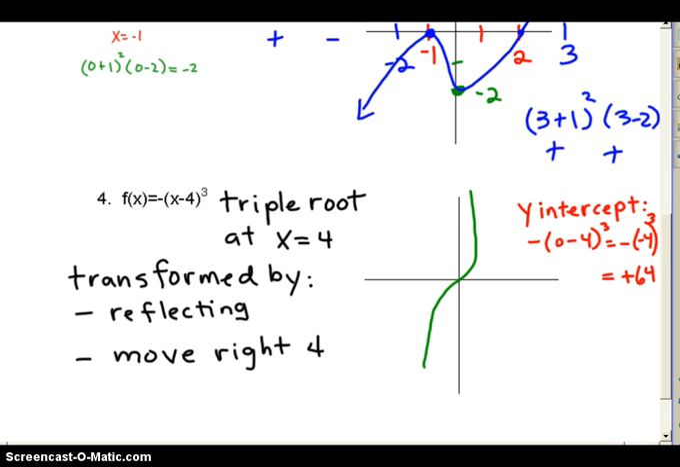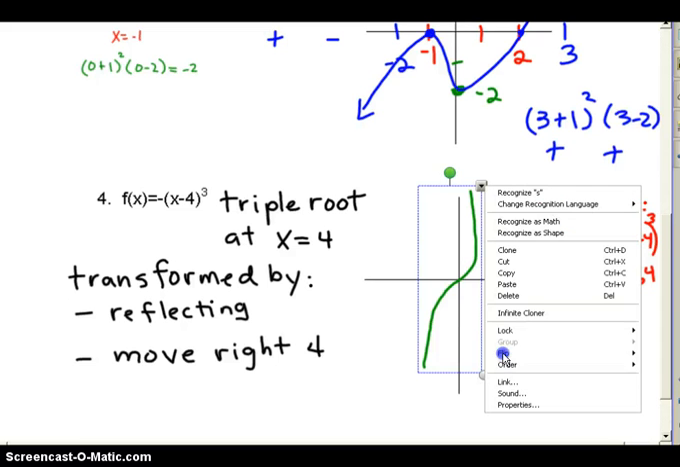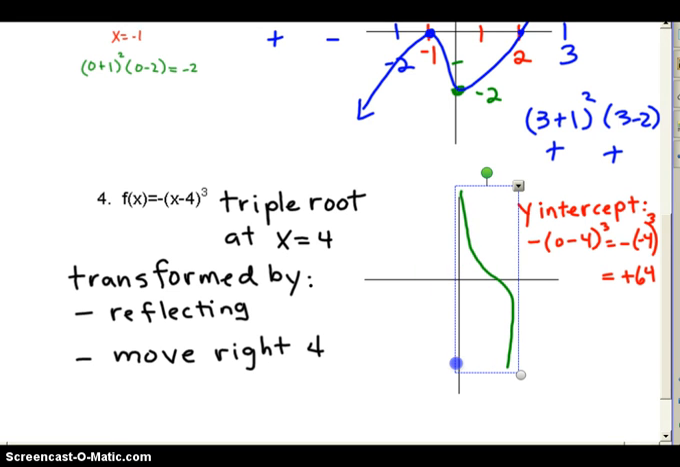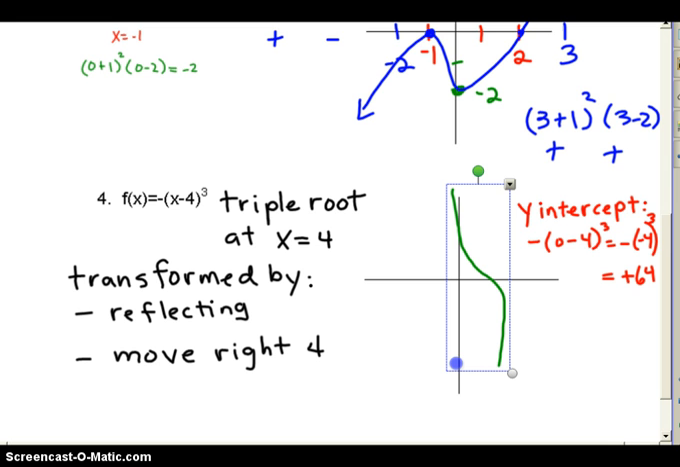On number 4, if you just look at it from the original parent function, which I have graphed in green, okay, we have a triple root here. So it's only going to cross x once. All right, so it was reflected and moved right 4. All right, so if you just take your parent function and flip it, 1, 2, 3, 4, okay, then it's going to cross x at 4, and it's going to have a y-intercept